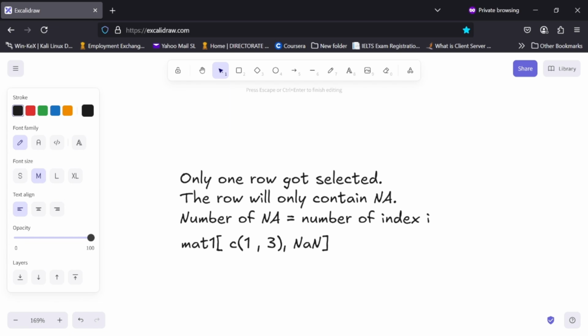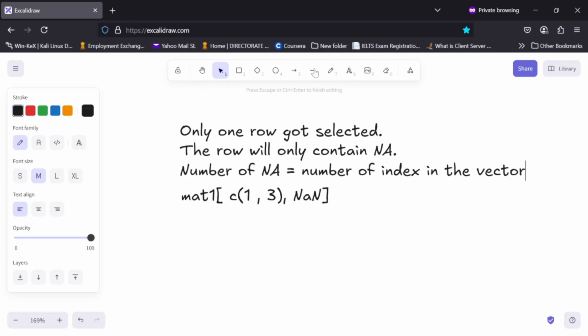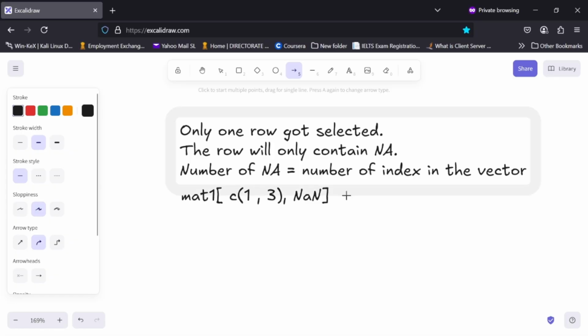Number of index in the vector. Oh my god. So number of index in the vector. So how many number of index is there? 1, 3. So that's why the result is, in this context, it is